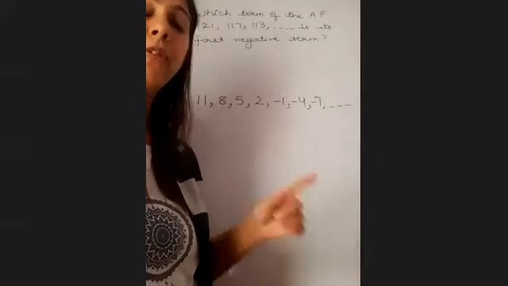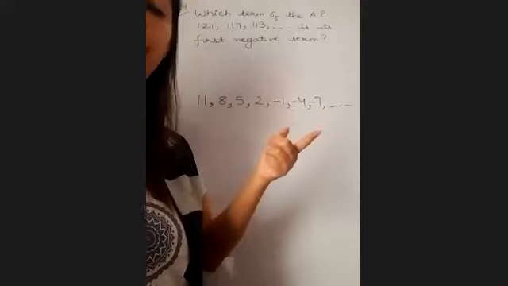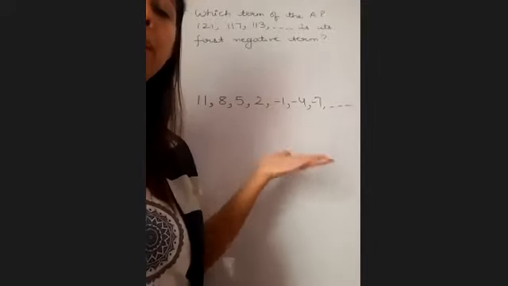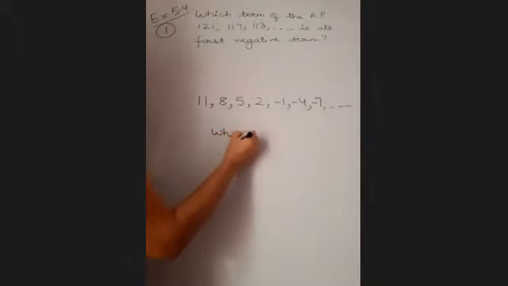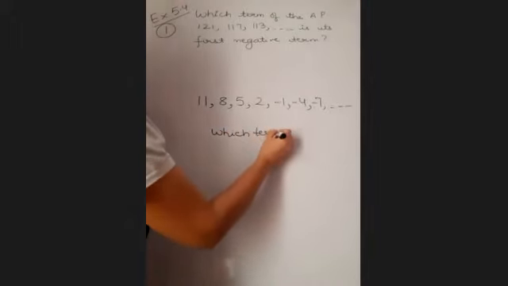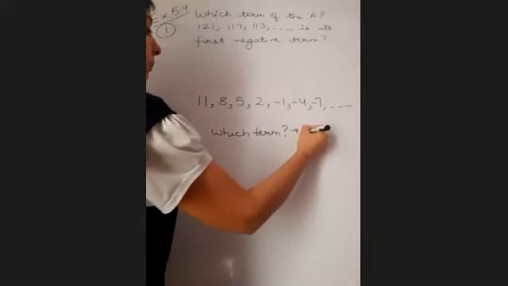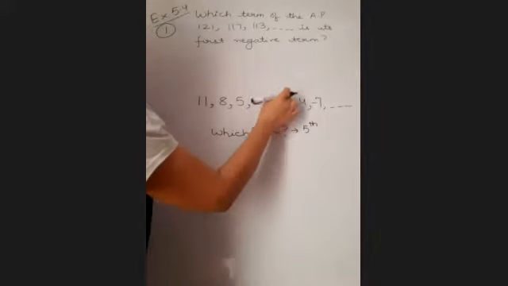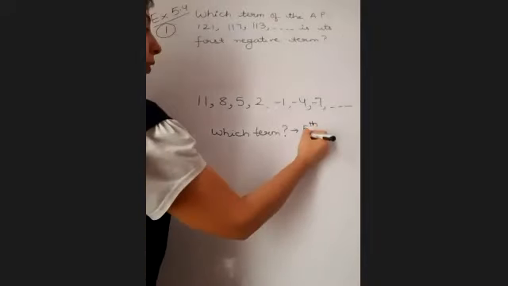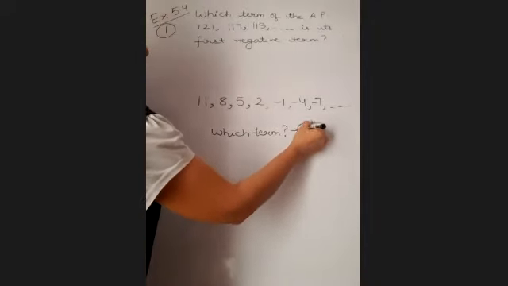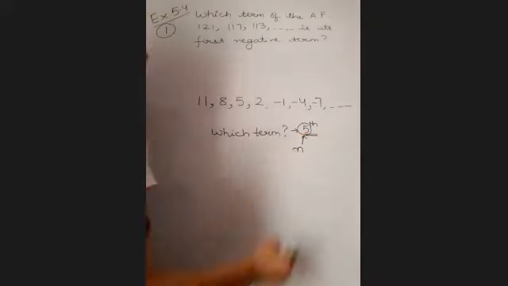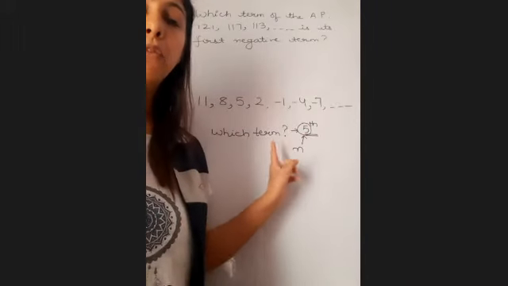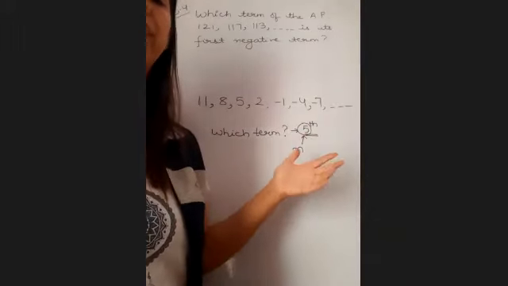Listen to me carefully. Which term is the first negative term? Fifth term. The answer to which term is the fifth term, not -1. Answer -1 नहीं है. Answer is fifth term. In fifth term, 5 is which variable? Is this your n, beta? So fifth term is your first negative term.